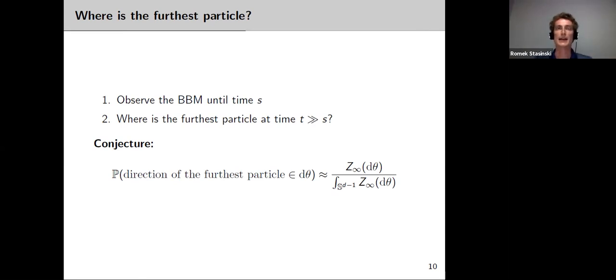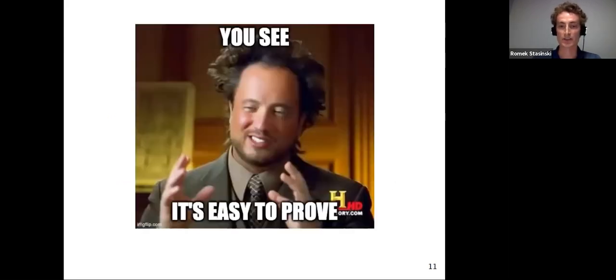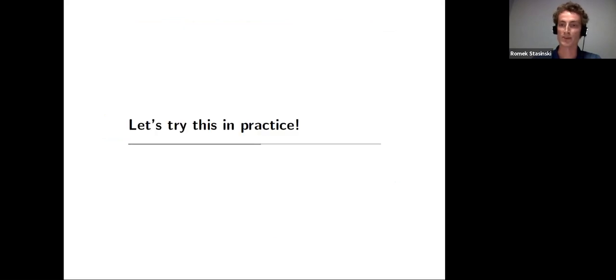So we conjecture that if you look at similar double limits, so you observe your process until time s, and based on that, we want to predict the distribution. Now we have not only direction plus or minus, but the distribution of the angle of the maximal particle, then we claim that the limit that we obtain is actually the measure that we obtained in the previous theorem. Okay, I'll leave this conjecture as an easy exercise for the audience. And in the meantime, let's have a look at the proof of our main theorem.